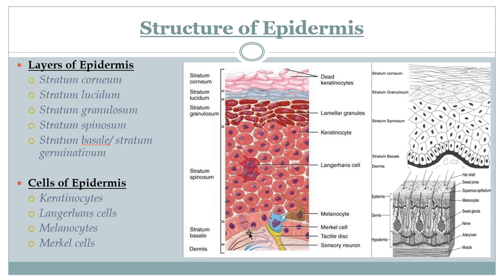The fifth and the innermost layer of epidermis is known as stratum basale or stratum germinativum, which is also commonly known as basal or germinal layer. Histologically, this layer consists of single layer of cuboidal keratinocytes which are directly attached to the dermis. The two main functions of this layer are generation of all cells of the epidermis through proliferation, and second, attachment of epidermis to the dermis layer.